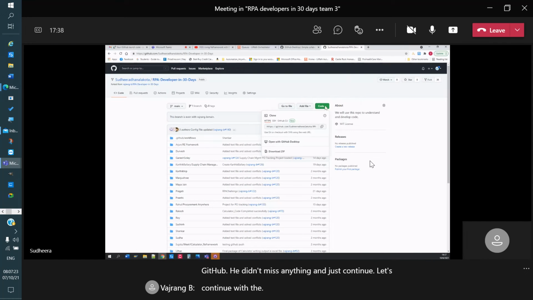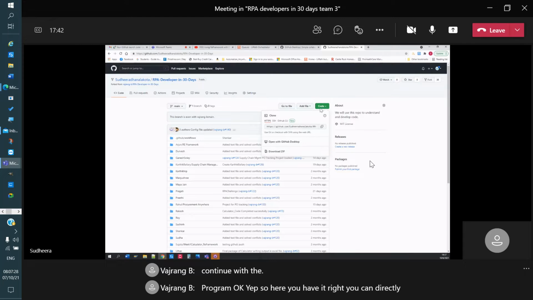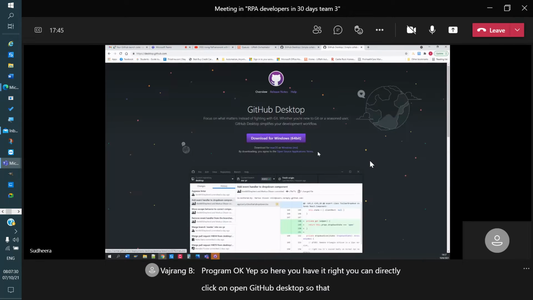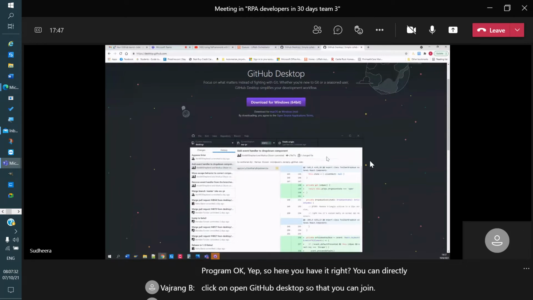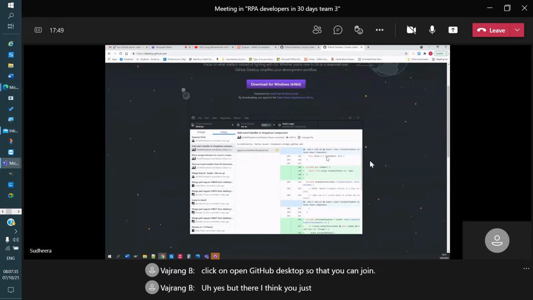So here you have it, right? You can directly click on open GitHub Desktop so that you can join. You just need to log in first. At the bottom you see a blue icon, right? Click on that and click on login.